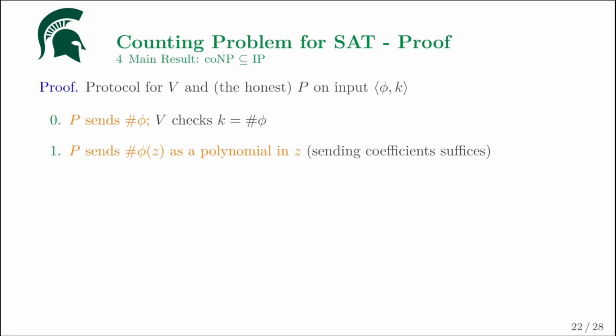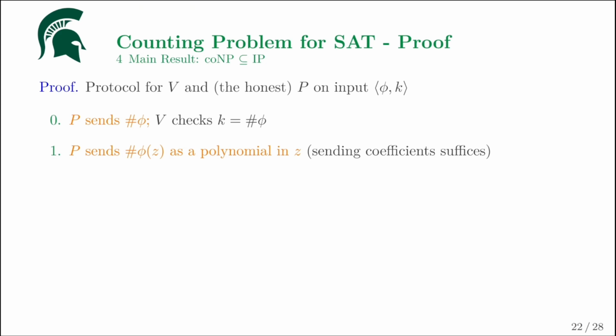Now, the prover constructs a polynomial z and sends its coefficients to the verifier. This polynomial encodes the number of satisfying assignments in a special way. The value at 0 represents the assignments where the first variable is fixed to 0, and the value at 1 represents where it's fixed to 1, and so on. The exact details aren't crucial here, but the key takeaway is that it's going to satisfy our sum check identity